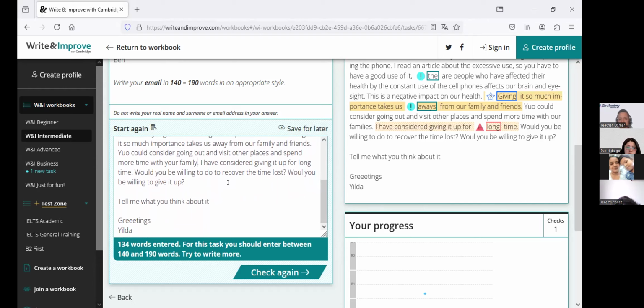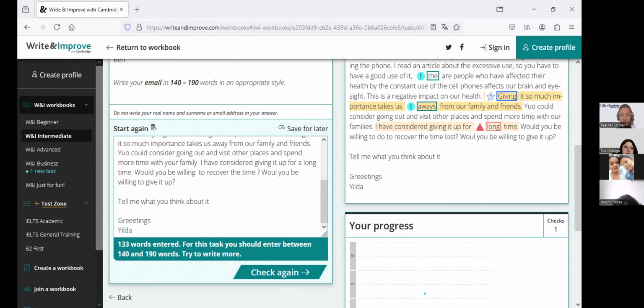Ya, aquí solamente faltaría for a long time, porque recuerda es un largo tiempo, ¿no? For a long time. Excellent. Would you be willing to recover... Creo que aquí simplemente to recover sin el to do. A ver, quisieras recuperar, ¿no? No el to do, simplemente to recover. To recover the time lost. The lost time. El tiempo perdido sería the lost time. Primero el adjetivo lost.